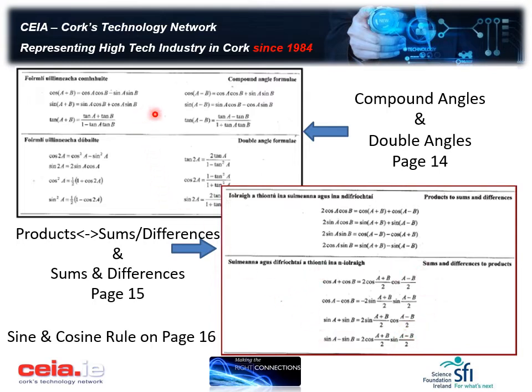So we have 13 here, further 8 here, so that's 21 in total. The remaining 3 are, well, the sine and the cosine rule are on page 16, and I think the very first formula we looked at then is back on page 13. But for trig 3 purposes and the manipulation of trigonometric equations, these 2 pages are really where it's all at. So